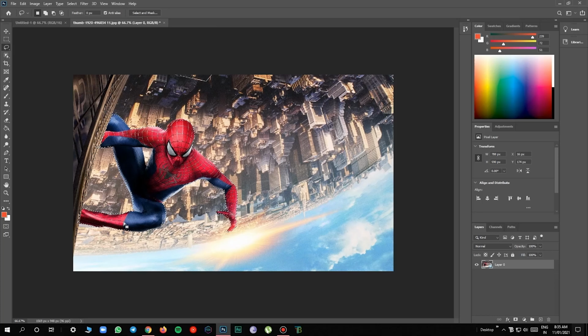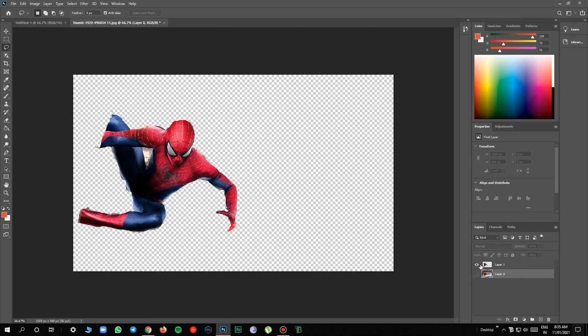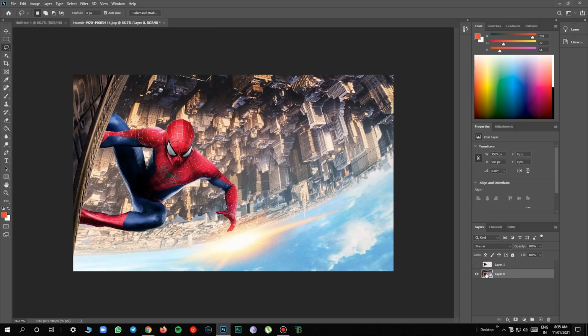So now to duplicate it, we have to press Ctrl C, or Command C if you are on Mac, and then again press Ctrl V. So first Ctrl C and then Ctrl V. As you can see in the layers tab, there are two layers. By pressing the eye icon, we can hide the layer. By that we can find that there are two Spider-Man in the same area.